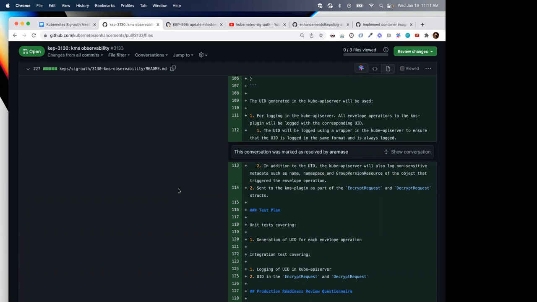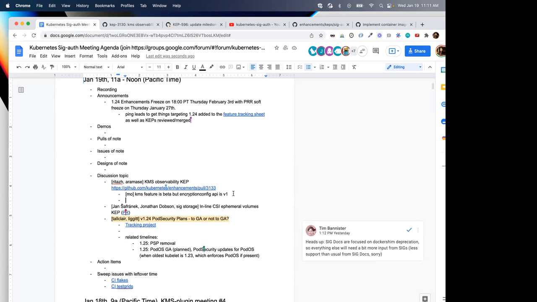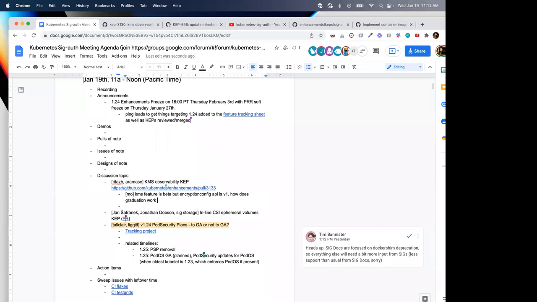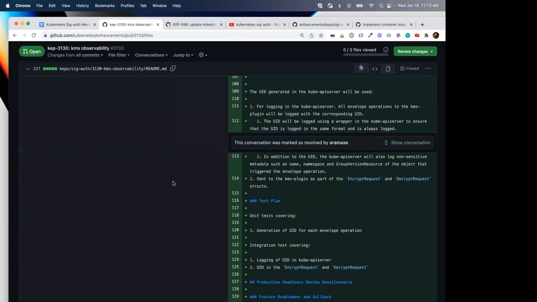I mean, I think back to the CSR duration cap, because of basically concerns around storage of the new field and the fact that you can have external implementations.